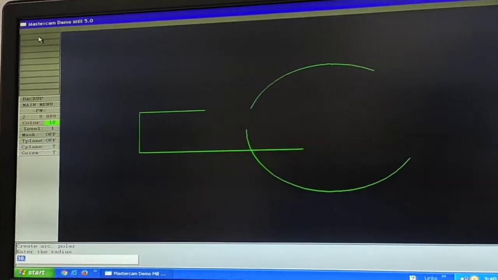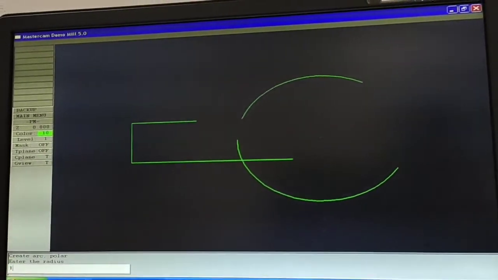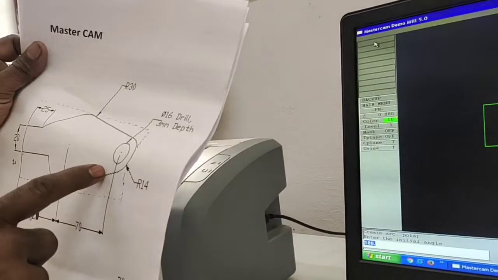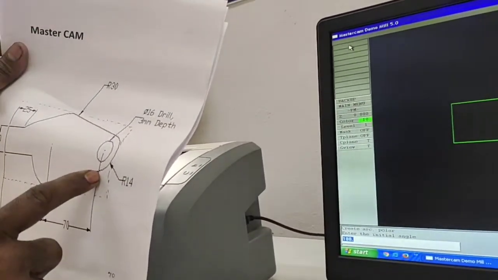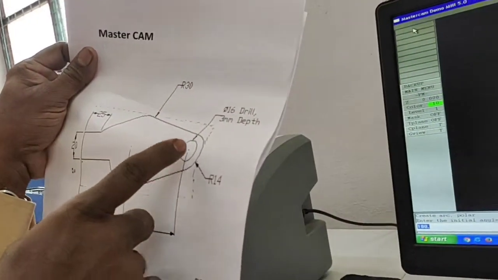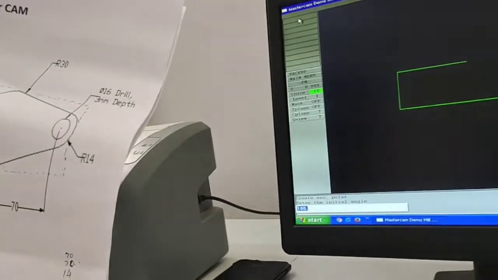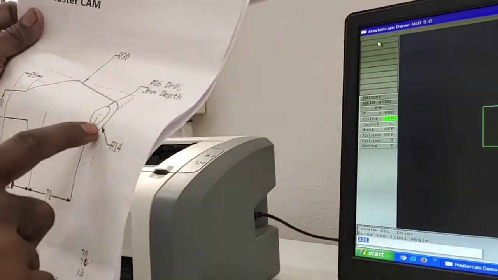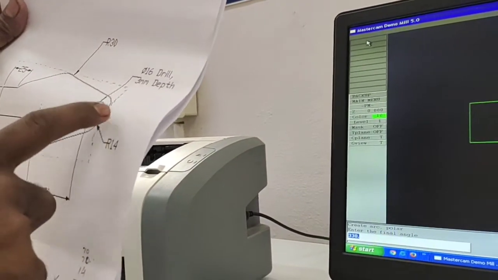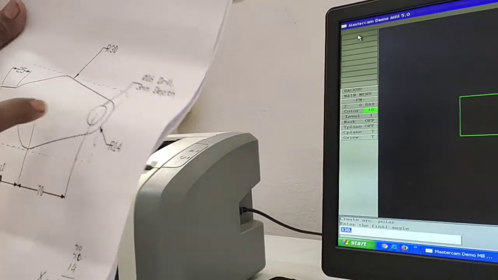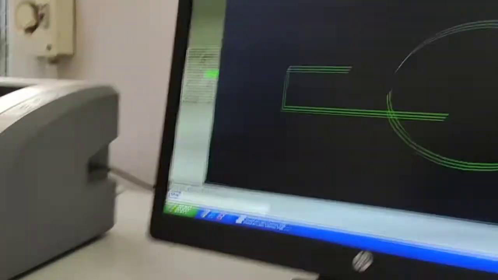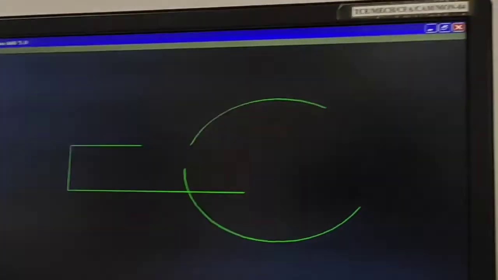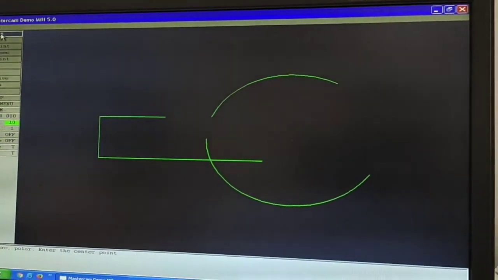What is the radius? 14. What is the initial angle? Some 270. Beyond the 270, so here actually 200. And enter 90, 0, 90 and 150. So the final angle 330. Enter. Escape.